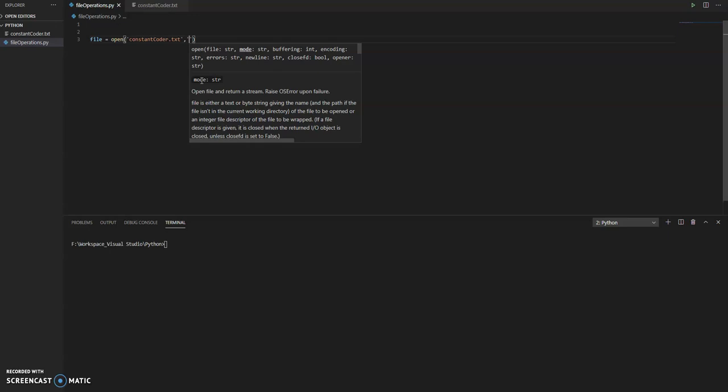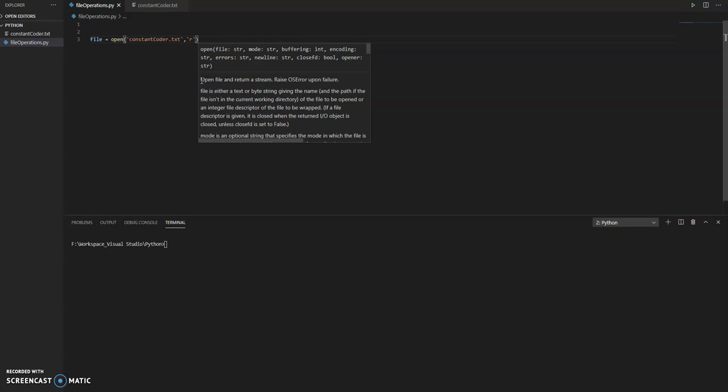we should perform. So we want to read the file or write the file, or we want to append the file, or we want to read and write the file. If you want to read the file, we just have to pass it as R. If you want to just write, then W, and if you want to append, yes, A. So in this video I'm just reading the file, so I'm just giving it as R, and successfully we have